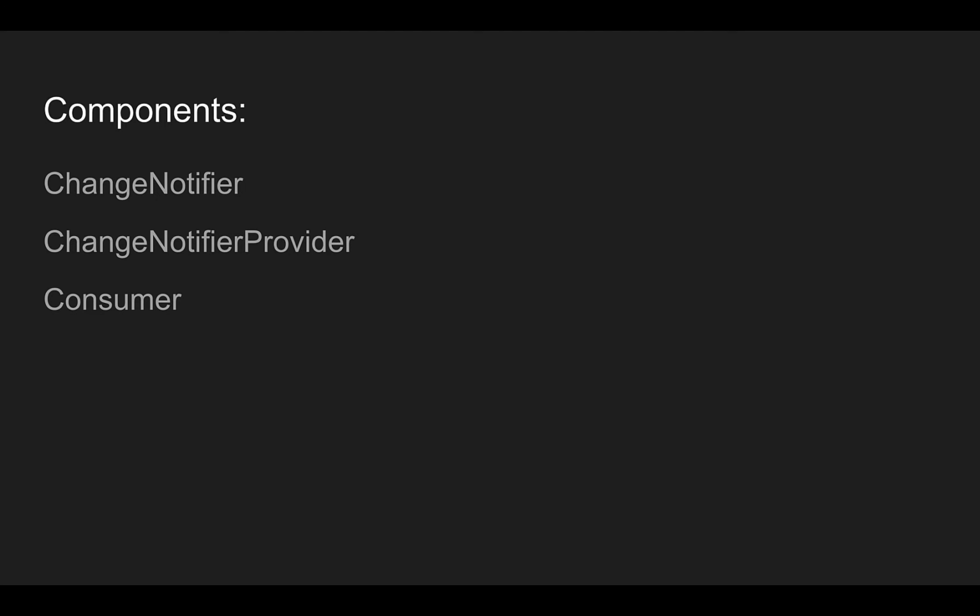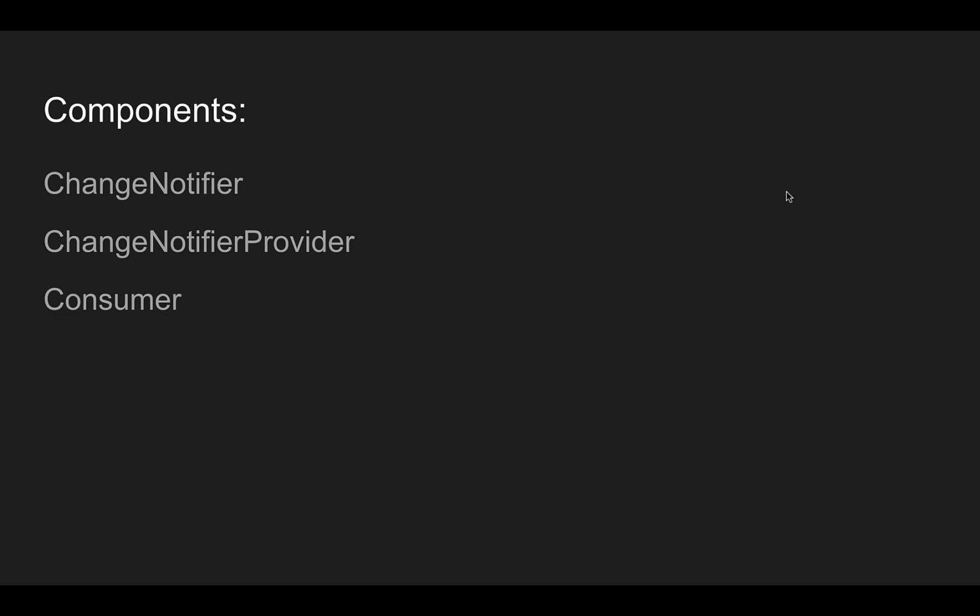Let's come back to understanding provider now. Provider has three main components: consumer, change notifier, and change notifier provider. Ben and the other people who have gone to the restaurant are consumers who expect to get food after placing the order. The display board which tells which order to be delivered next is the change notifier, which notifies consumers when there are any changes in the order. Providers are the person who provides the data, in this case the food, to the consumer after they got notified.